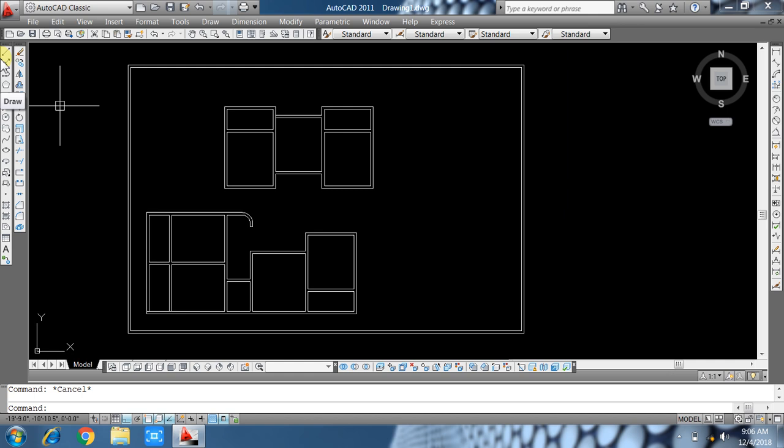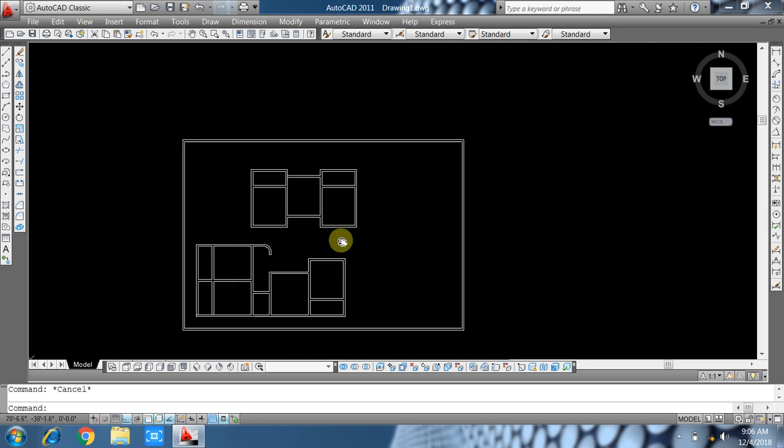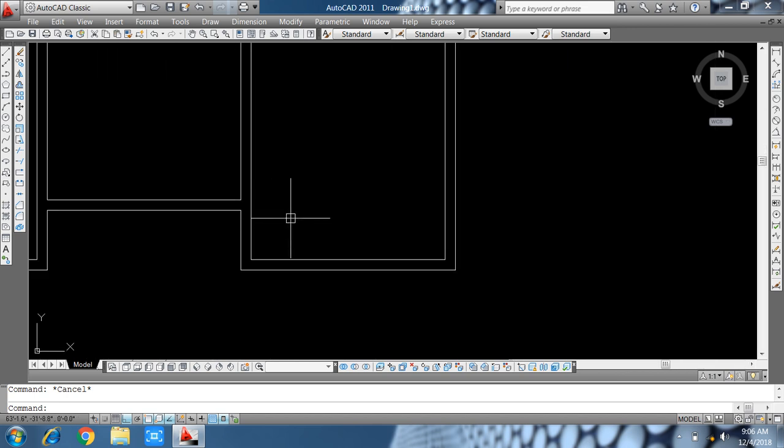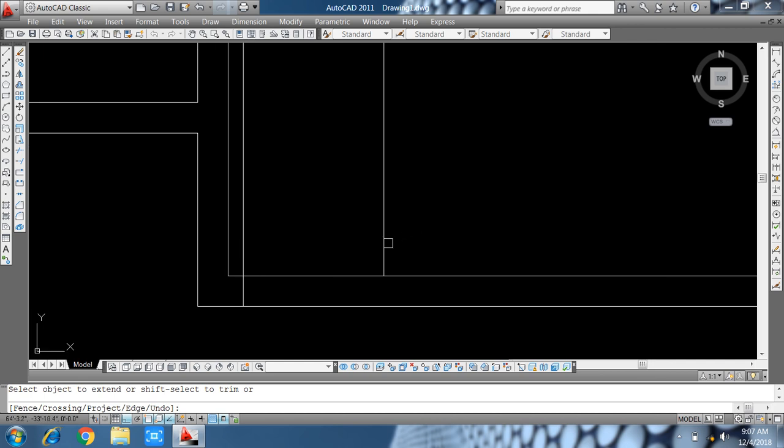So first take an offset 4.5 inch from this corner to inside, and offset 3 feet 6 inch the width of door, and extend it. Trim inside lines, take a circle and trim that. Now delete that,